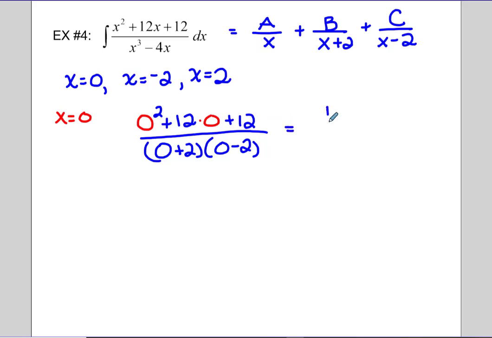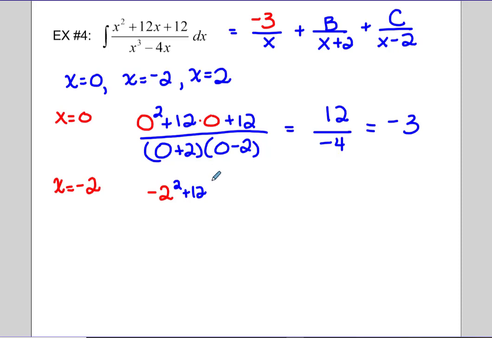That tells us we have 12 in the numerator, -4 in the denominator, and our a value is -3. So we want to switch out our a value, which is now -3. Then moving on to the next 0, if x is -2, then we have in our numerator -2 squared plus 12 times -2